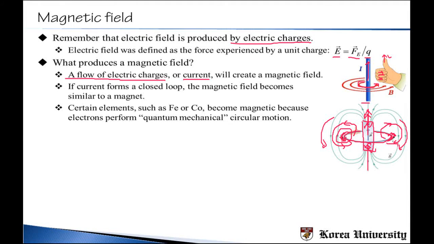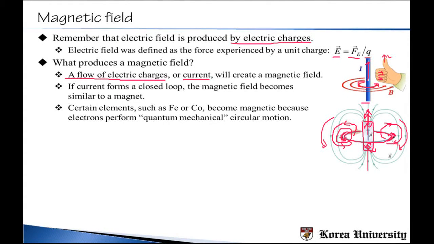And you know, actually having a bar magnet means that there is some magnetic field already inside this material, right? So you measure the magnetic field of a bar magnet without having any current. Then where does the current come from? Where does the flow of charges come from? Actually, they are electrons. In certain elements, like iron, the most famous material that shows magnetism,